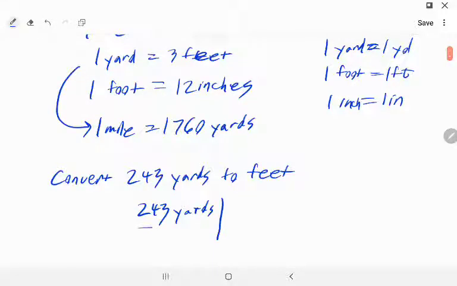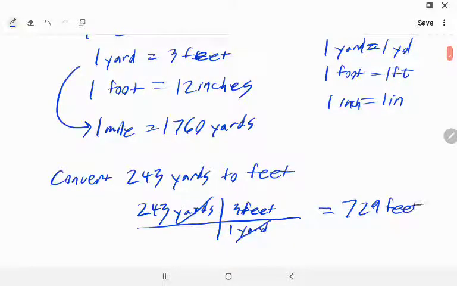So a nice technique for this is to think of it as 1 yard matches with 3 feet. We notice that we can treat the yards like they're variables, so they go away, and we get 243 divided by 1 is 243. 243 times 3 gives us 729